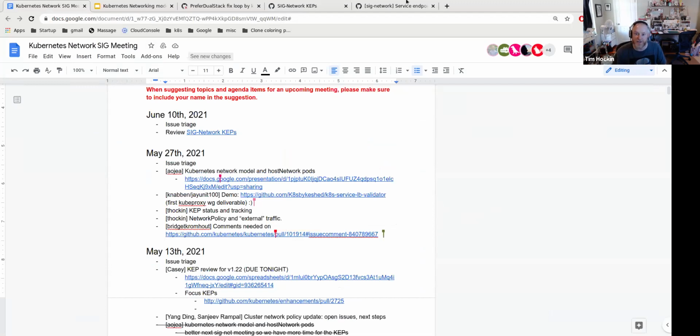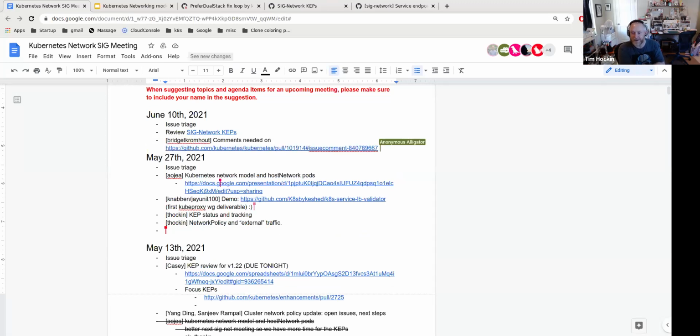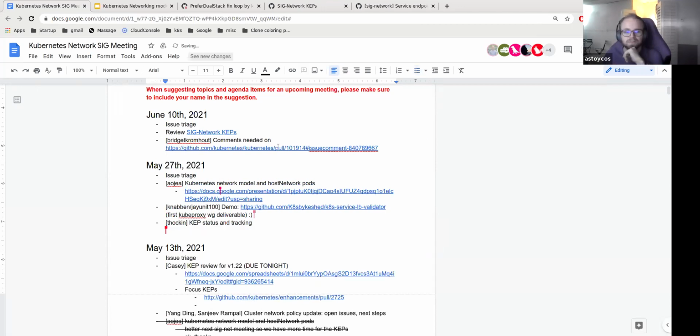The topic of the intersection of external traffic and network policy has come up again. And I could have sworn that we had sort of decided what to do with it, but I think Dan and Casey have convinced me we talked about it, but we never actually decided. And so it seems like quite a mess that network policy and node ports and network policy and load balancers and network policy and ingress is ill-defined. So perhaps this is something we can come back and define more clearly. And I'll move it to the agenda for next time. Yeah, and happy to talk about this on the Monday meetings for network policy as well.